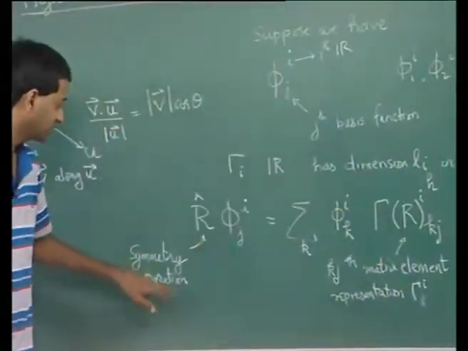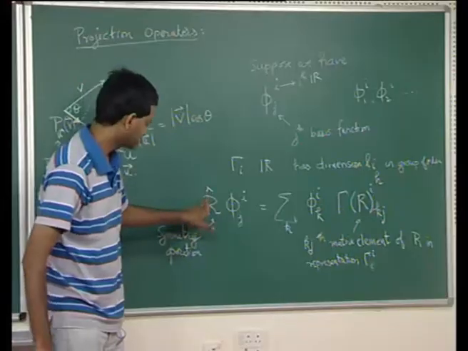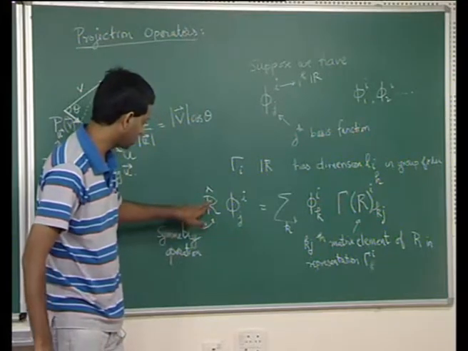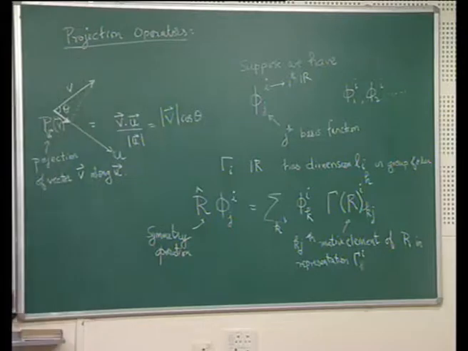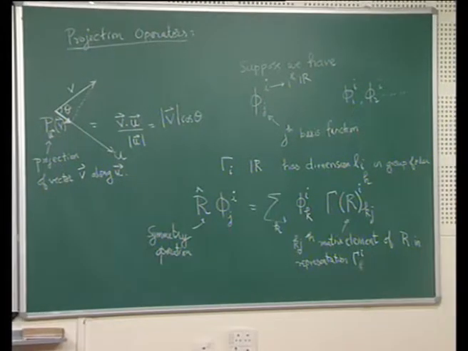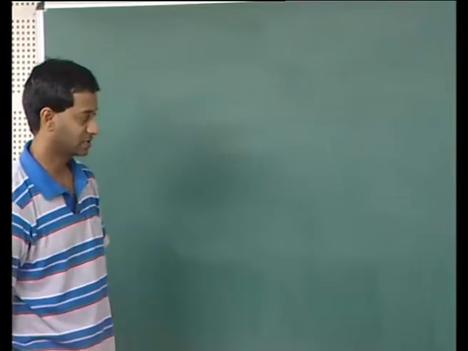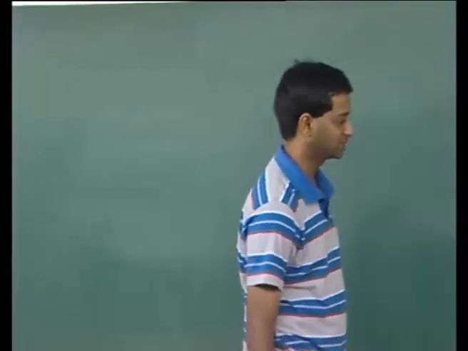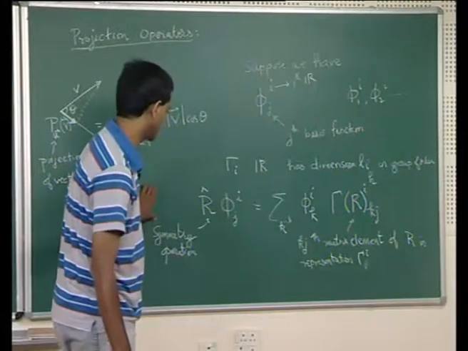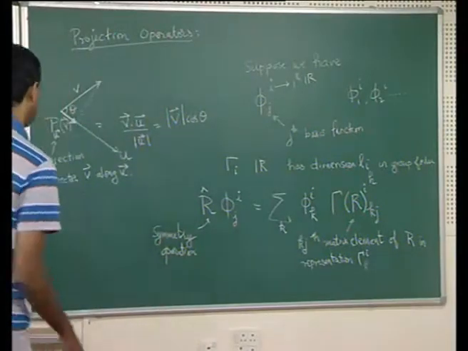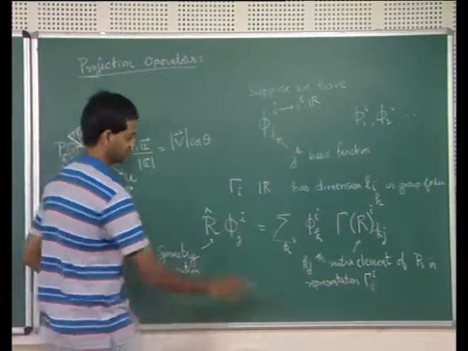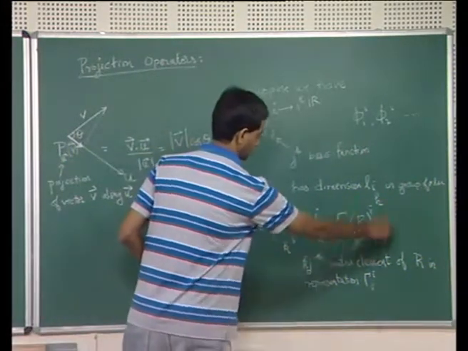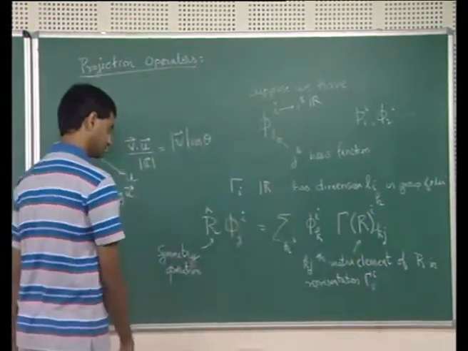But what we have seen is we have looked at it as how this operator acts on a basis function. Now we'll use this to motivate the definition of the projection operator. In order to define the projection operator, let's pre-multiply on both sides by the complex conjugate of one other matrix element.